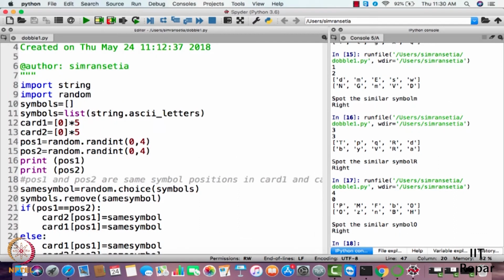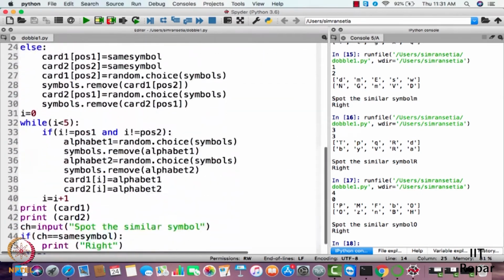And I may have been wrong before, but please keep in mind that if we generate random integers from a particular range, for example, if we write from 0 to 5, then it can also generate 5. It can also generate 0. That means it can generate 0, 1, 2, 3, 4, 5. Both ends are inclusive. So we'll just write 0, 4 because we need to have list assignment from 0 to 4. Please note this fact because we were wrong at this, and otherwise the code is working fine.